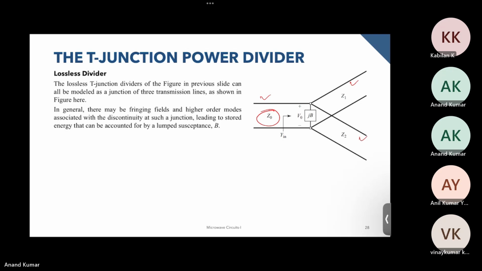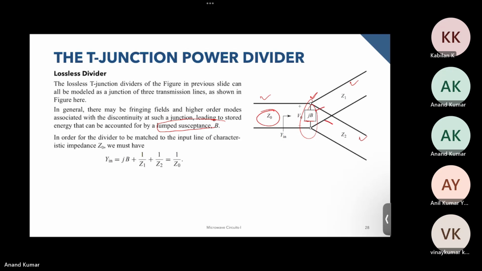One thing that happens is we might have fringing fields at this junction, and this junction may or may not be lossless. If we have some effects over here, this is usually accounted for by bringing in this lumped susceptance jB over here. And if we want this junction to be matched, since these are in